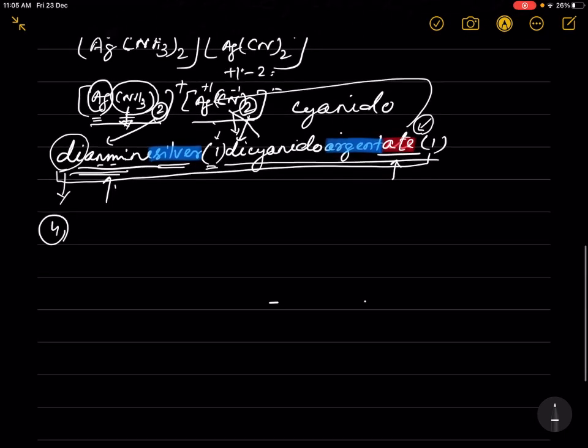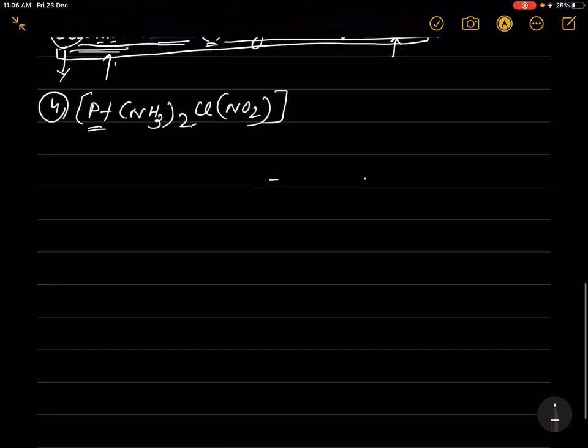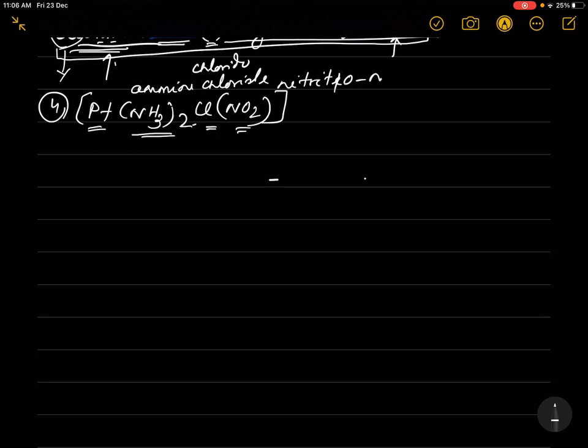Next one is number 4, [Pt(NH3)2Cl(NO2)]. You see here the central atom, then ligands written alphabetically. This is ammine, this is chloride but written as chlorido, this is nitrite, nitrito-N. You see A is written, then C, then N. So this is